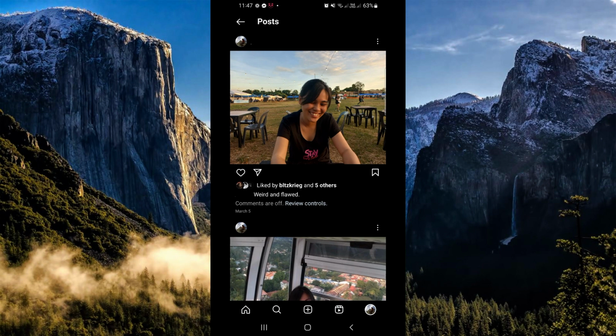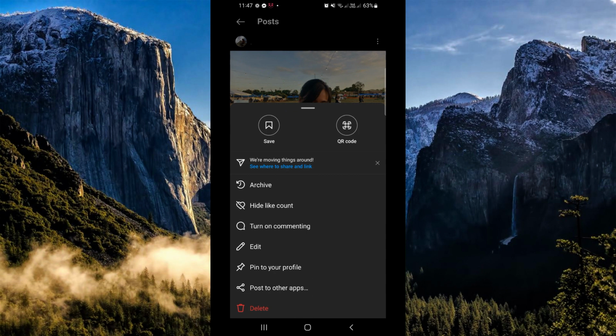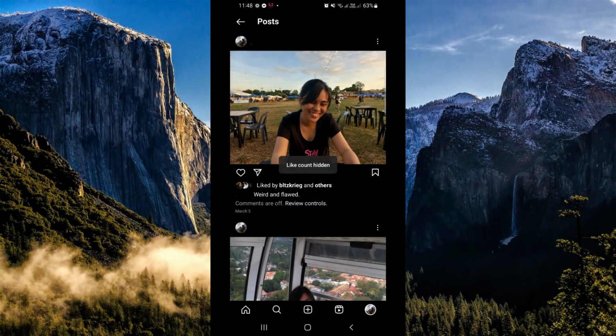And afterwards, we're going to choose the hide like count option. Click on it. And there you have it. The number of likes has been hidden on your